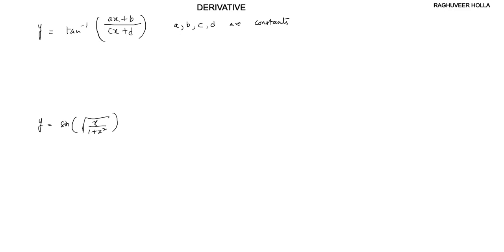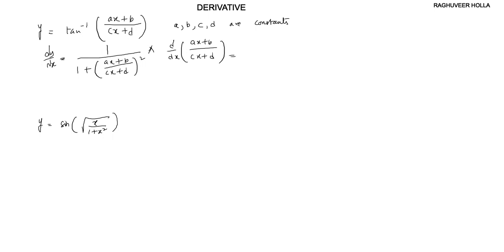Okay, let us try to find the derivative of y is equal to tan inverse of (ax plus b) by (cx plus d), where a, b, c, d are constants. So dy by dx would be 1 by 1 plus ((ax plus b) by (cx plus d)) whole square, and d by dx of (ax plus b) by (cx plus d). Right. Now this is equal to